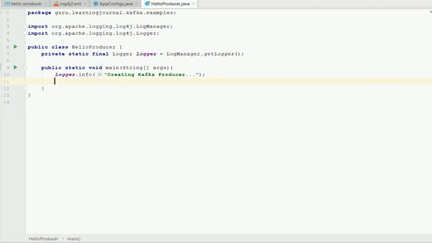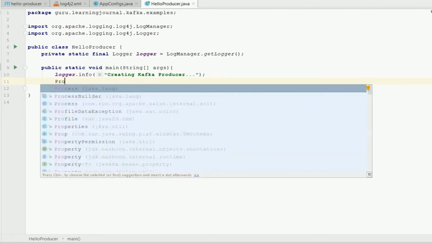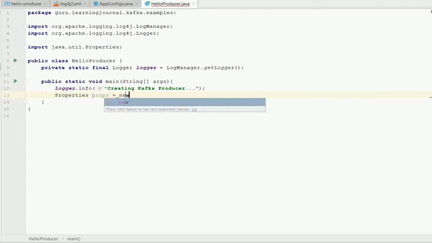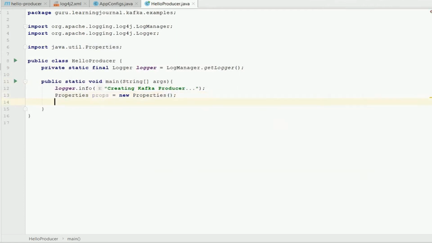Sending data to Apache Kafka is a multi-step process. The first step is to create a Java properties object and put some necessary configurations in it. Kafka Producer API is highly configurable, and we customize the behavior by setting different producer configurations. In this first example, we will set up 4 basic configurations. These are the bare minimum configurations for the producer to work.